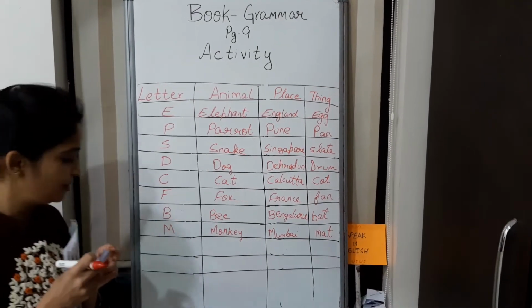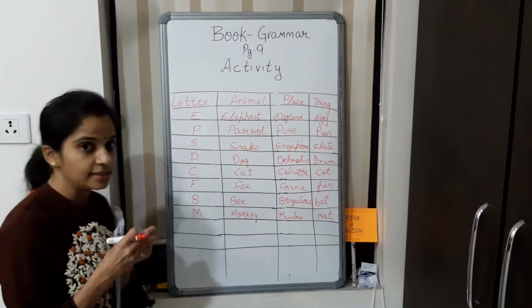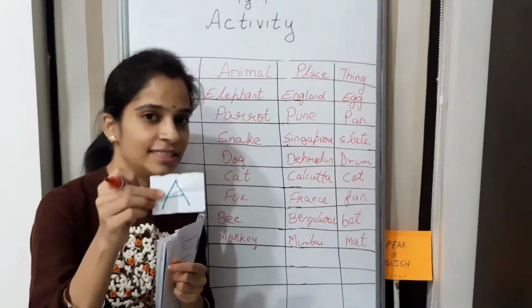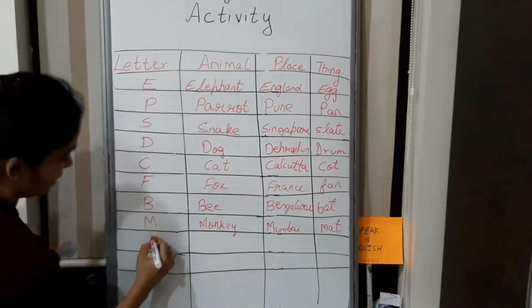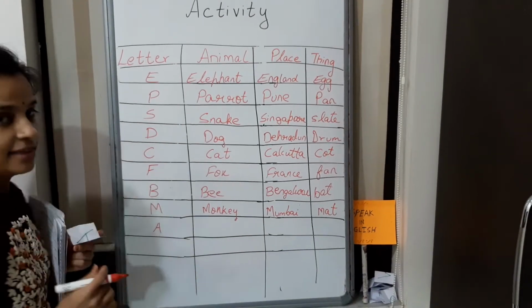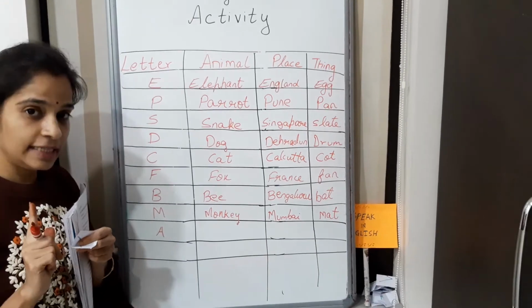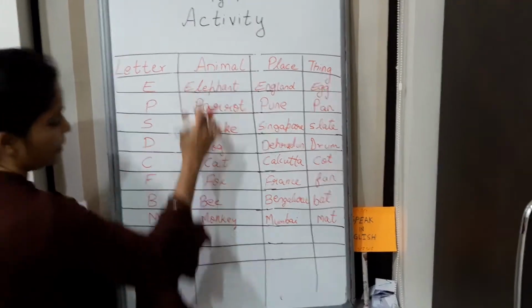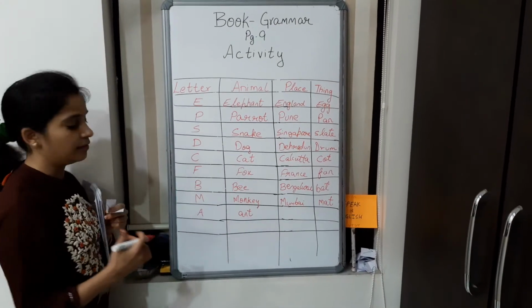Next. 2 are left, 8 are done. Okay? We are going to play with the 10 letters I said. Now here, first letter of the alphabet, A. Now what you are going to do, you know that? Pause the video, write the answers, and then see mine. So A animal, ant, alligator, and you can write anything, okay?